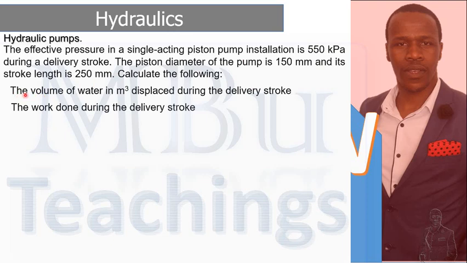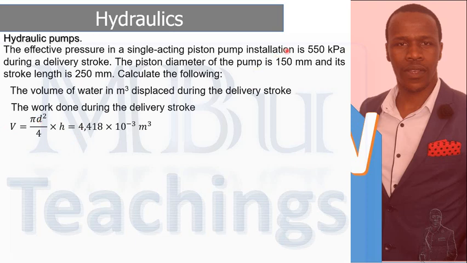They are saying calculate the volume of water in meter cubed displaced during the delivery stroke. What is the volume of water? We can get a volume from those 2: the plunger squared, the piston squared, diameter squared, divided by 4, times stroke length. Alright, let's see the normal volume. The normal formula for the volume is this one. Volume is equal to